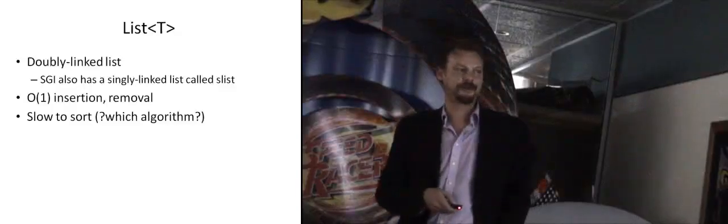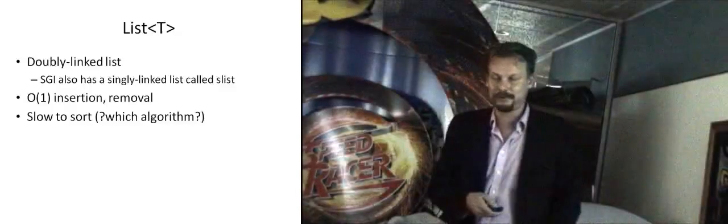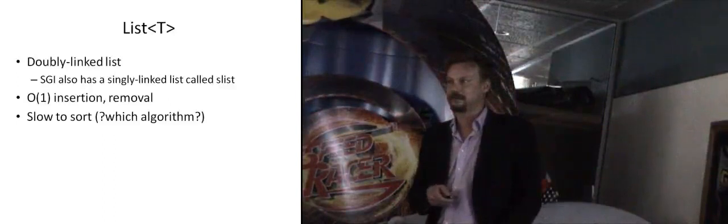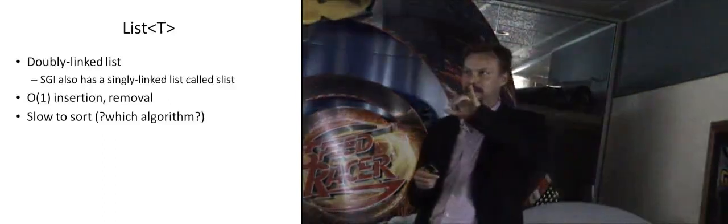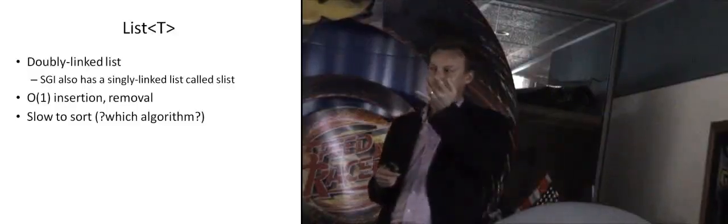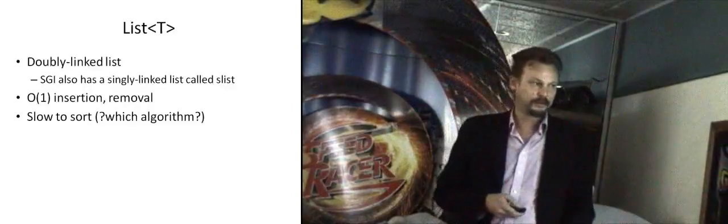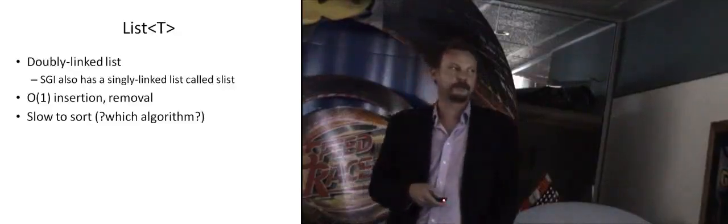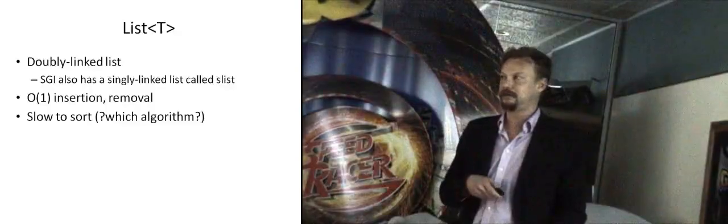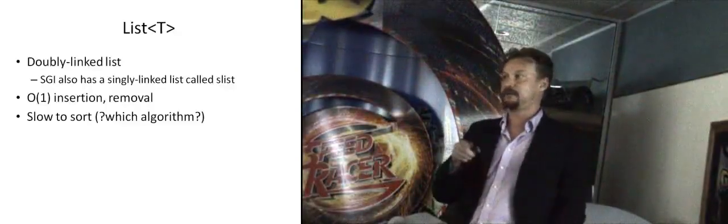I meant to fix this. I think it uses bubble sort. Everybody knows bubble sort, right? It compares two things, and if the top one is less than, then it swaps them, otherwise it leaves it, and it just does that so the list is sorted. They can't use sort algorithms that use random access. That's right, it only has a forward iterator. In fact, the best way to sort a list, don't use standard sort at all. There's a list dot sort. It's a member